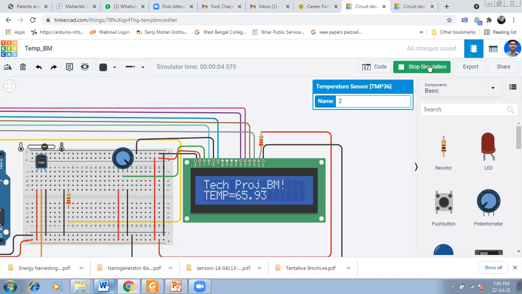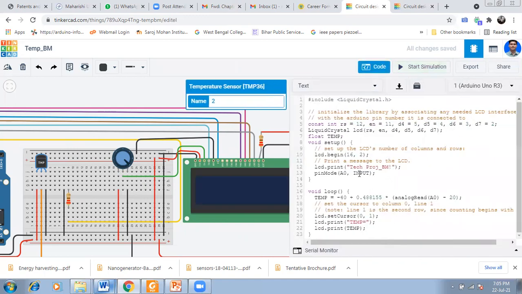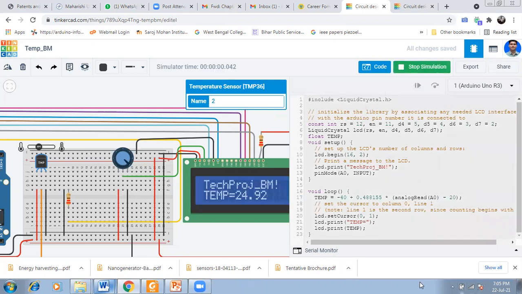So stop the simulation. Now you can change this text, take project BM. Suppose I write it this way, take project underscore BM. Let's see what happens. Now see, take project underscore BM.